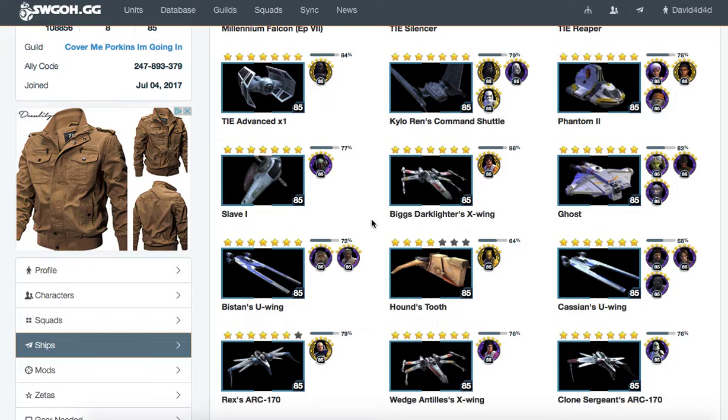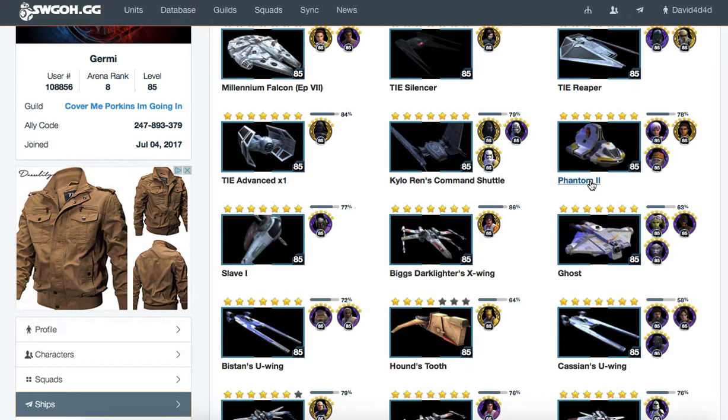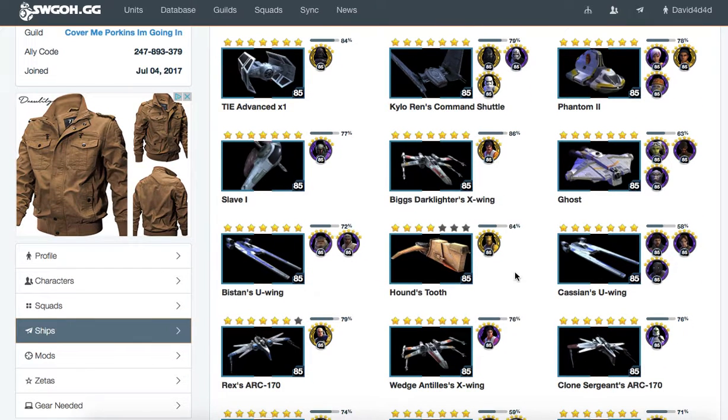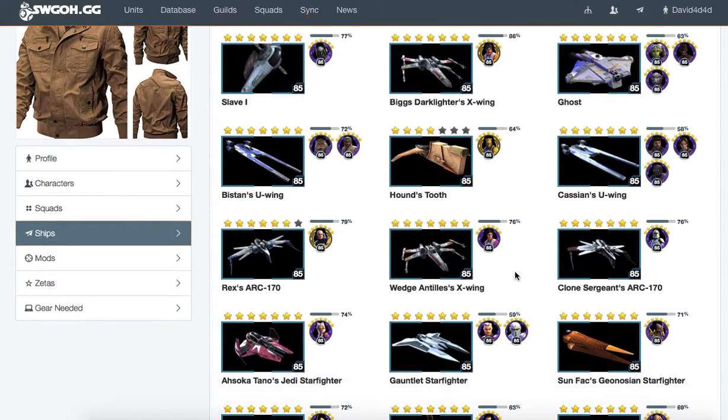Now for reinforcements, Phantom 2, again, so that you can get out there, get that maximum impact, and then immediately bring in another ship on your capital ship's next turn. Slave 1 is just overall generally a good reinforcement. TIE Reaper, currently based off the ships you have, great reinforcement to use. And let's see,